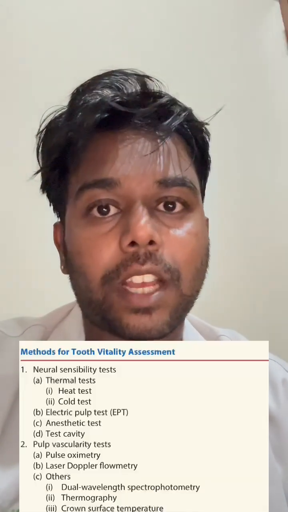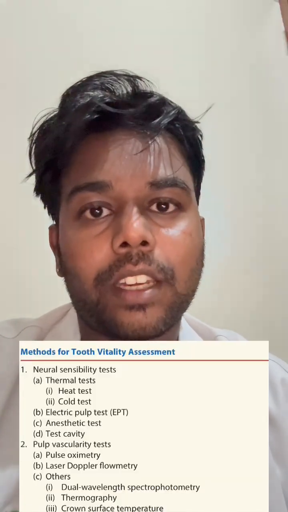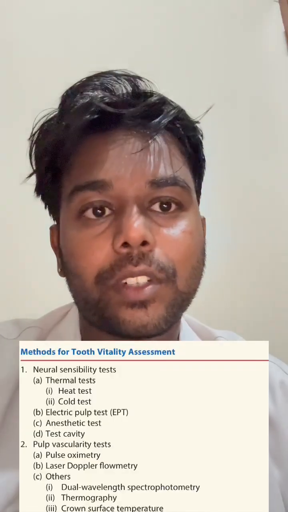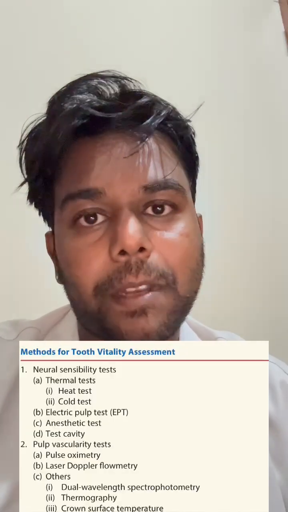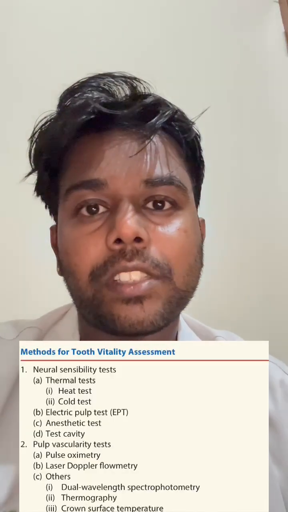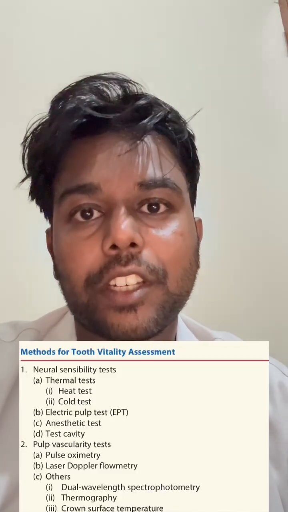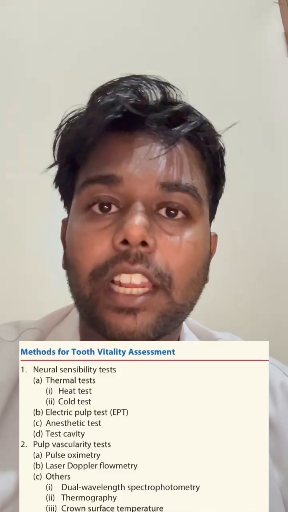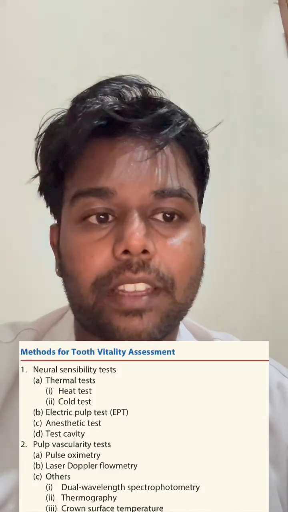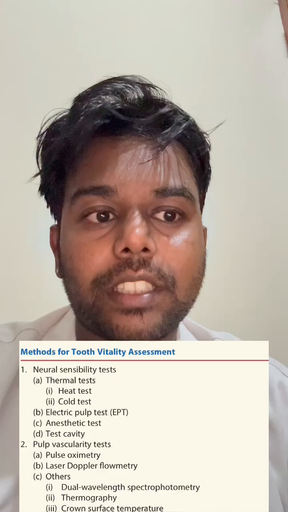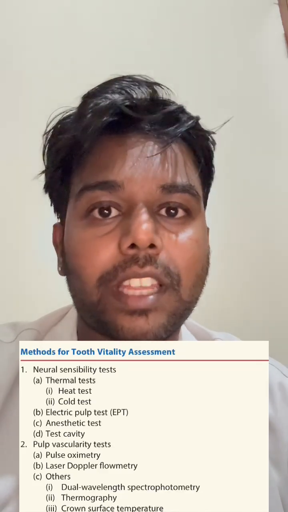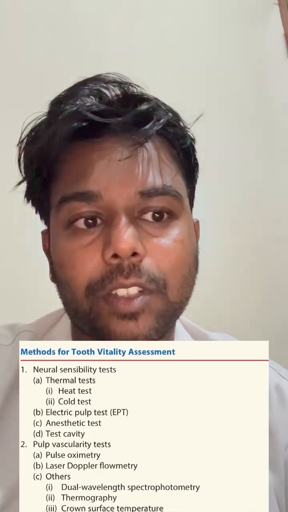Common methods to assess tooth vitality are generally divided into neural sensibility tests and pulpal vascularity tests. In neural sensibility tests, the common tests are thermal tests, which include cold and heat tests, electric pulp tests, anesthetic tests, and test cavity. And in pulp vascularity tests, which are a bit more complicated than neural sensibility tests, we have pulse oximetry, laser